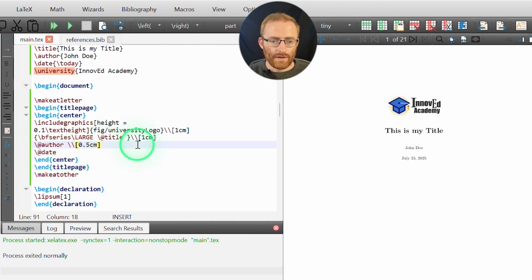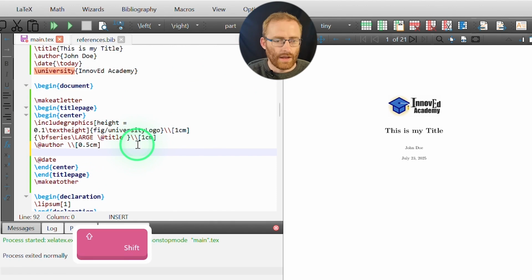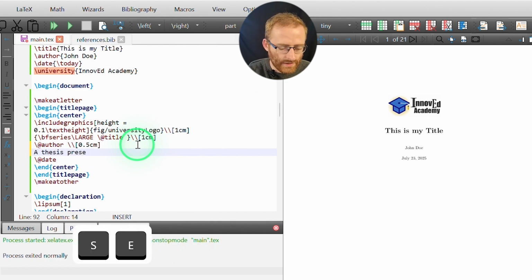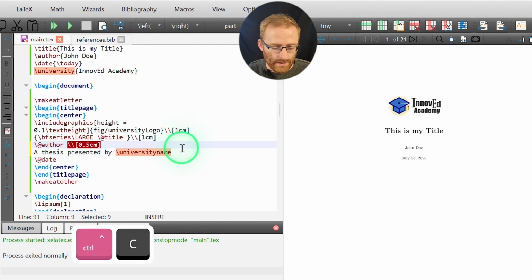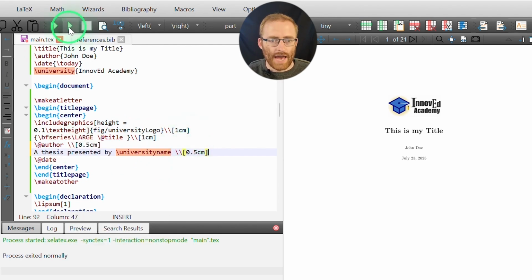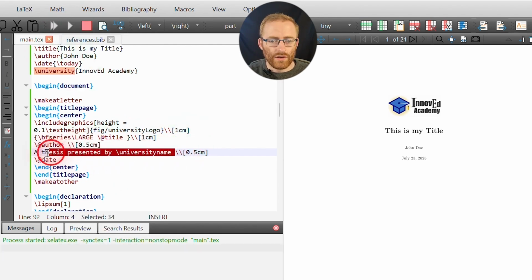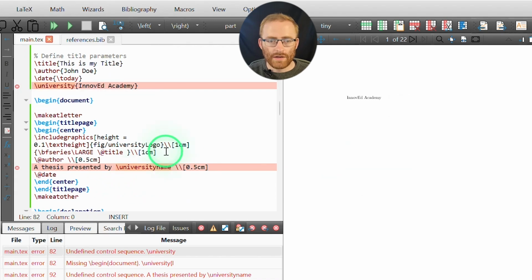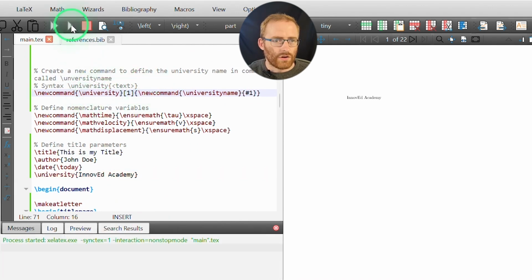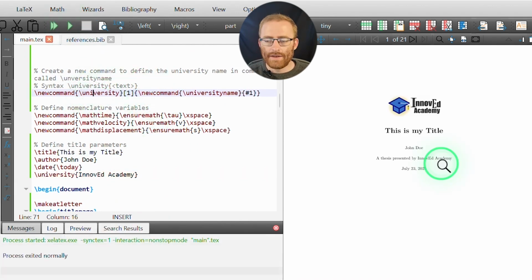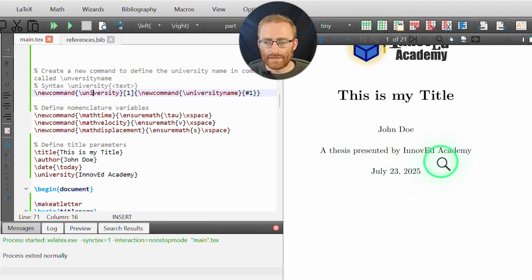So I could add a line below the author, let's say, and I could say a thesis presented by, and then here I'll just paste the command university name, and I'll add the same double backslash and a 0.5 centimeter gap. And now we should get that line of text printed to our title if I haven't misspelled something. So I think I've misspelled university in this definition. So I'll just correct that and try to rebuild this. And now you can see that line of text is added to our title, a thesis presented by